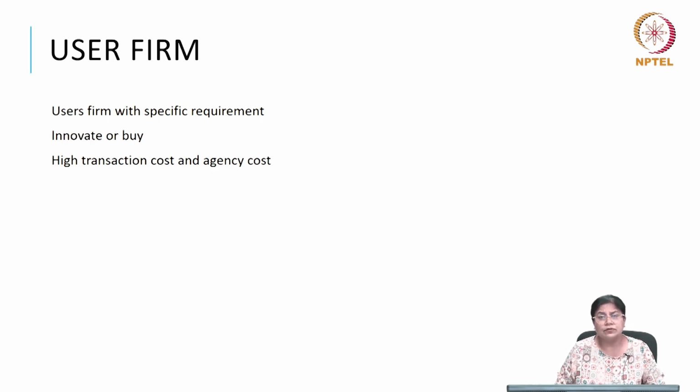What would be the agency cost? First of all, they would have to find a manufacturer who would be ready to do what they are going to do. If not so, they might have to hire somebody who would be ready to do the innovation or engage with research and development. They have to not only hire the person, they have to ensure that the person works toward it and reduce the cost engaged in shirking the work. As a result, because of the high transaction cost, it might be beneficial for the company to go ahead and innovate on their own. As a result, you will find that if there are certain specific requirements which might be the need of the suppliers, they would rather do that on their own instead of asking the manufacturer or engaging with external teams.